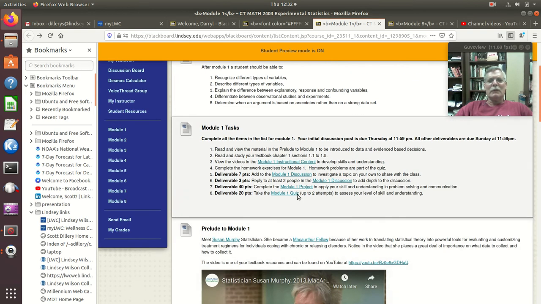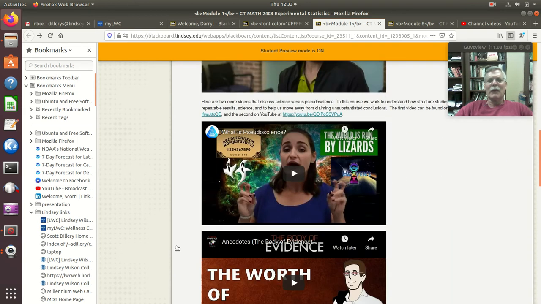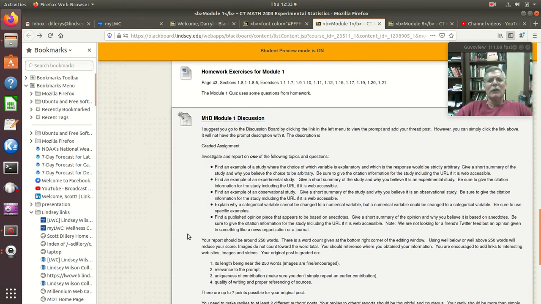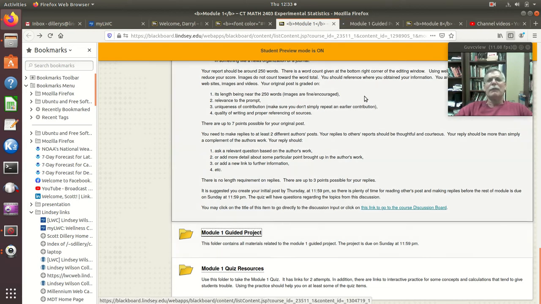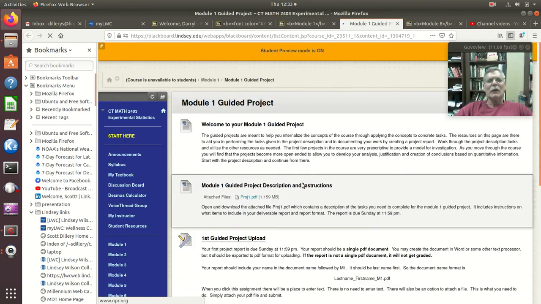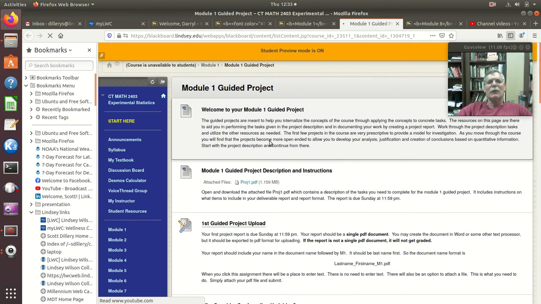Then this mentions, after the discussion, it says go do the project. Okay, so the project, come down here, and they tend to be in the order listed on the task. If I click that folder, I go here, and in this case I've got a welcome to this module where I introduce it a little bit, tell you about the guided projects, just to kind of get you started on that. Then here is the guided project.